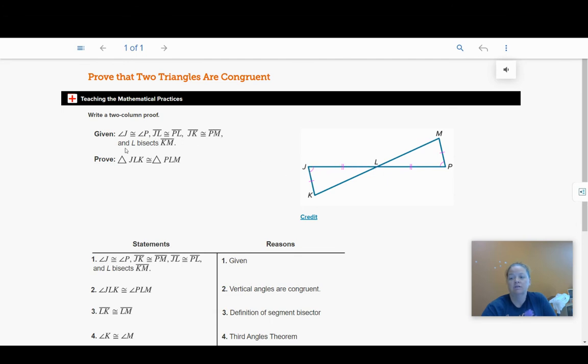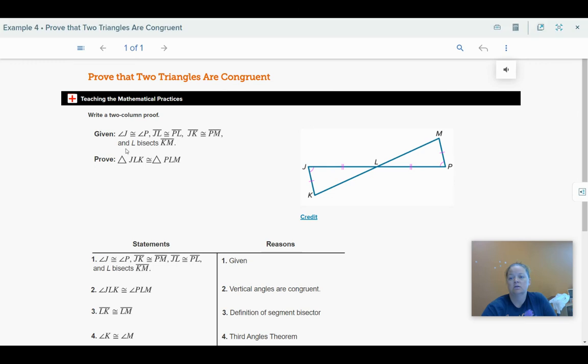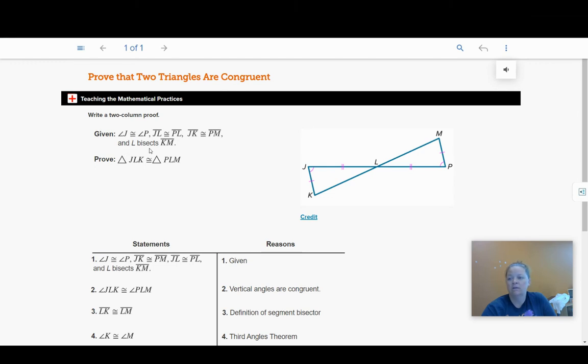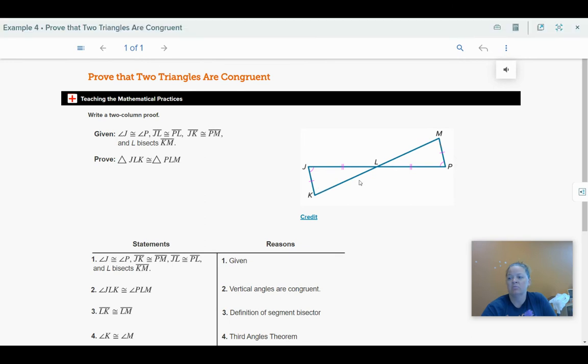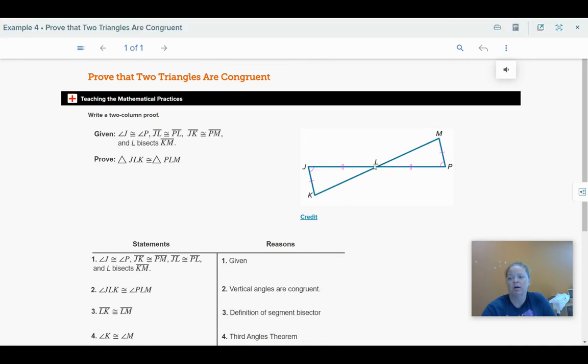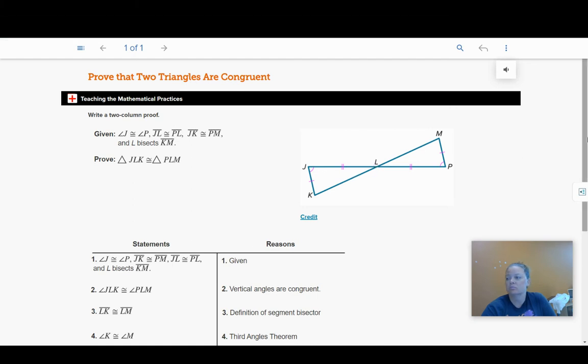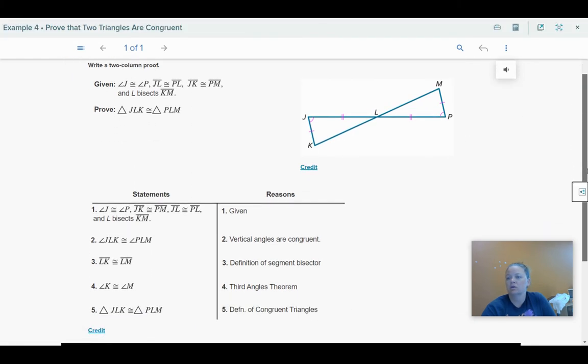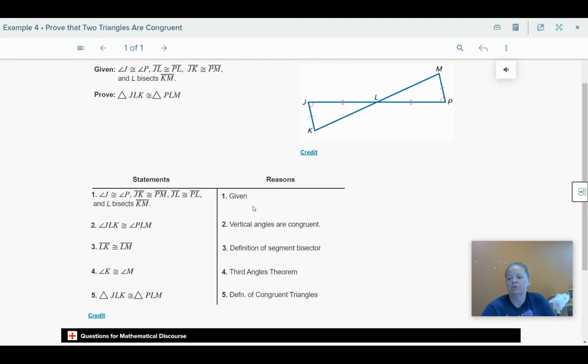They also tell us that L bisects KM. L bisects KM, which means that KL is congruent to ML. So in your proof, always start with your given information, which is all of this stuff up here. We know that